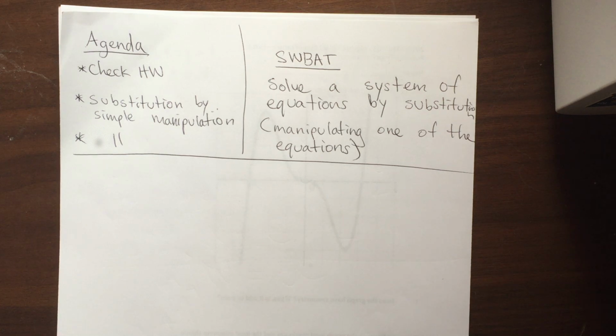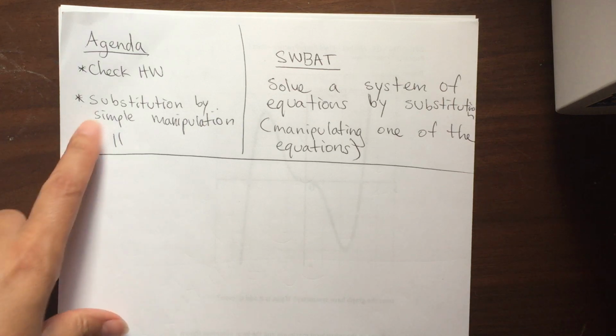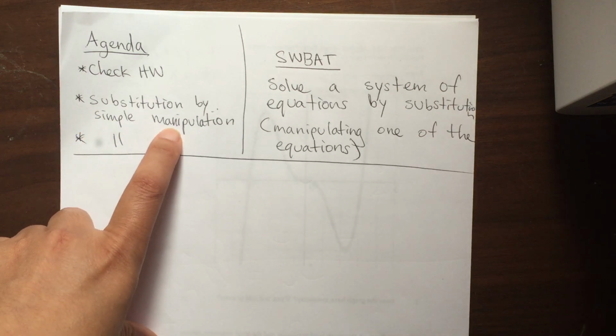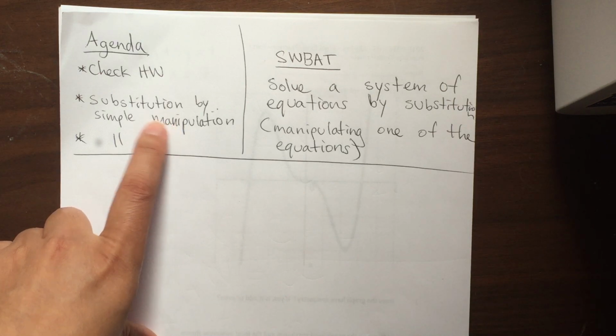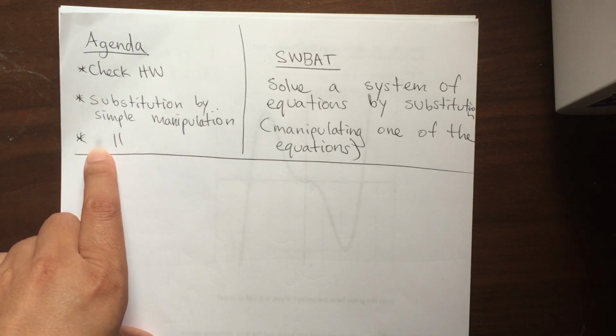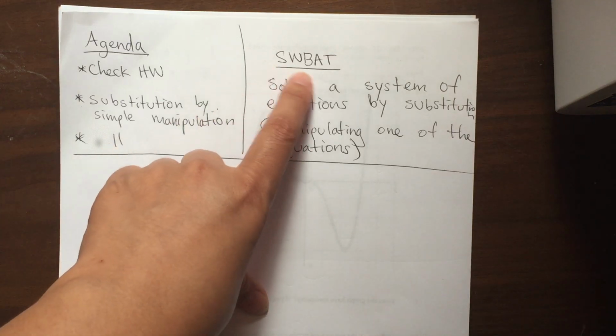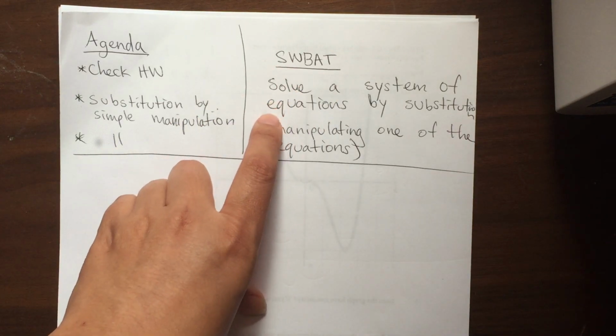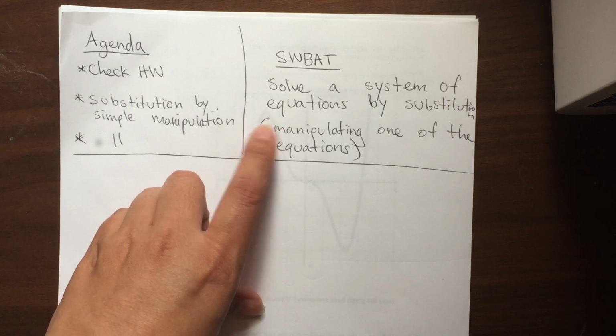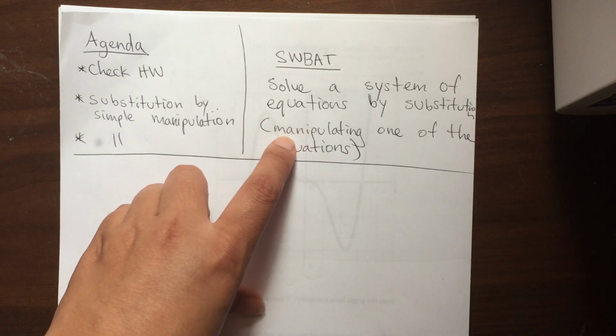Hello students, today's agenda is to check your homework. We're going to learn substitution by simple manipulation, meaning that we're going to manipulate one of the equations, and we're going to be able to do 5.11. Today students will be able to solve a system of equations by substitution, and this is by manipulating one of